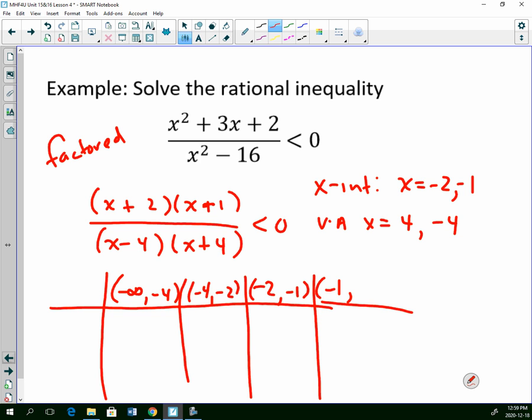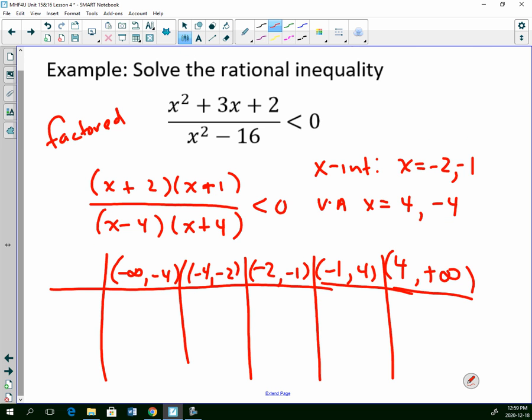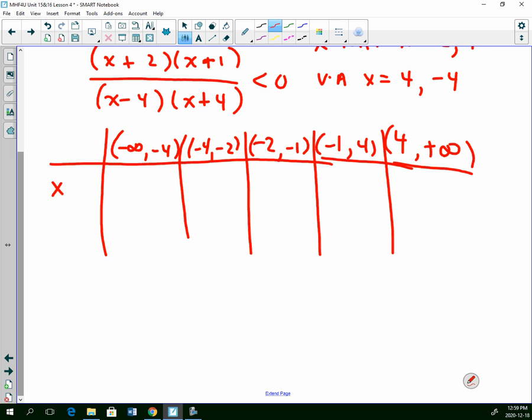And negative 1 to 4, and 4 to infinity. So this one has quite a few intervals to check. Okay, so you might need a bit of room for that. So in the numerator, we have x plus 2, x plus 1. In the denominator, and then